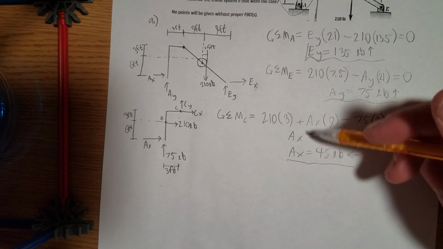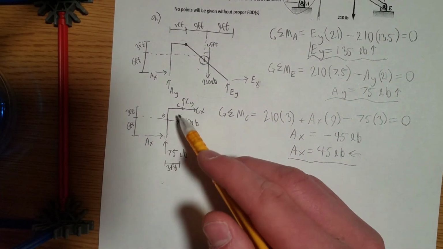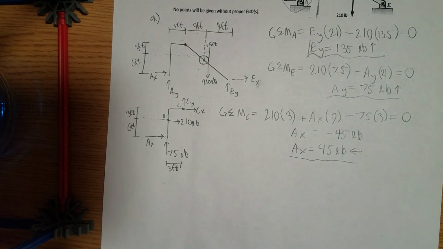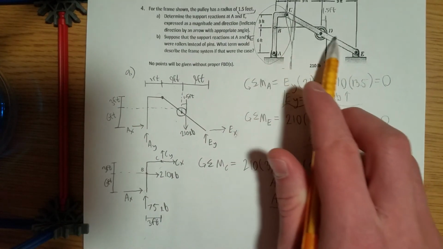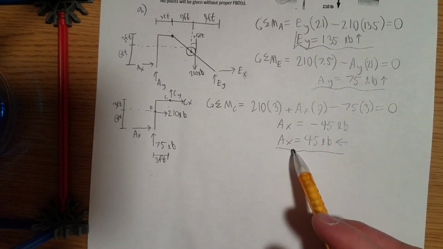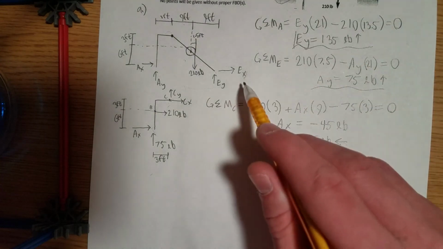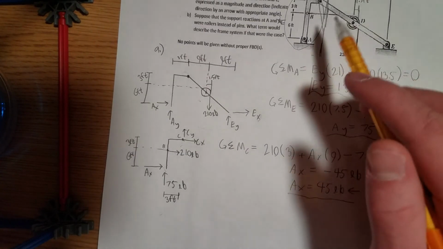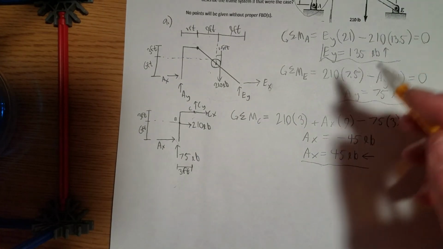Now here's where you're at a crossroads of what you can do now. We've got AX. So we can either use AX to solve for CX, and then use that to solve for CY, and then we can use that and draw another free body diagram for CDE and solve for EX. Or we could just use the AX we have here and put it into this free body diagram and solve for EX that way. I think that's a lot simpler of a way to go. Try to reduce the number of calculations and not have to draw a whole other free body diagram that you don't necessarily need. So we're going to go ahead and